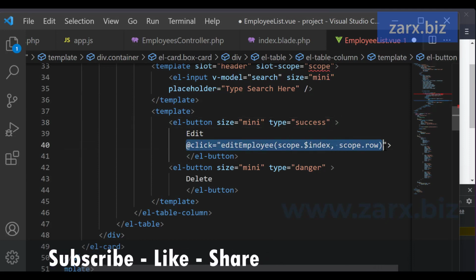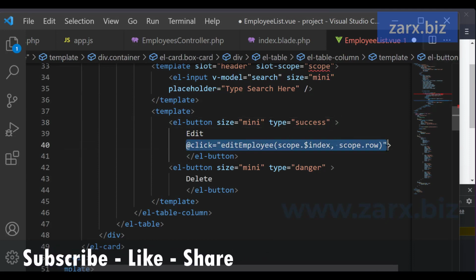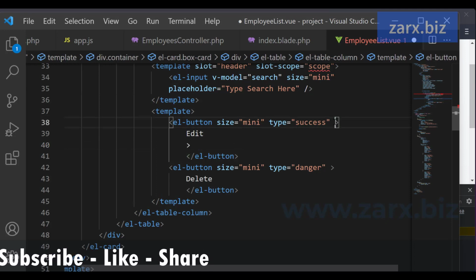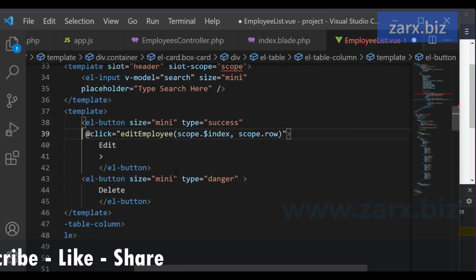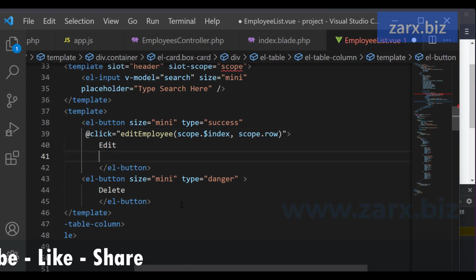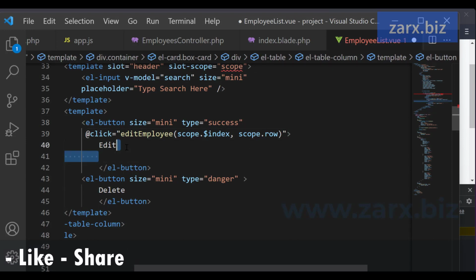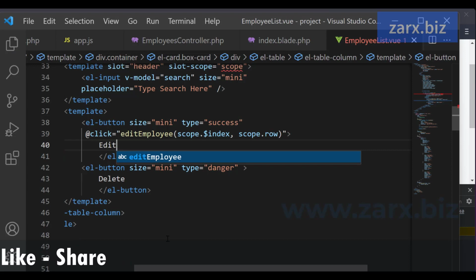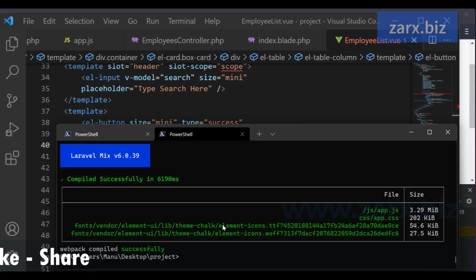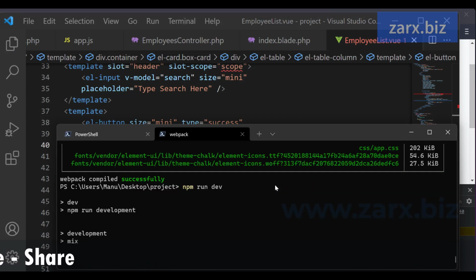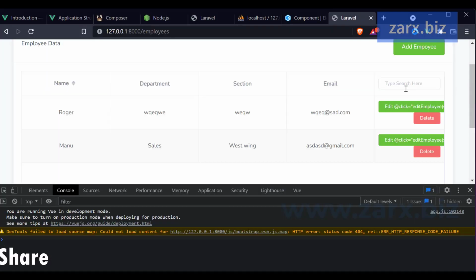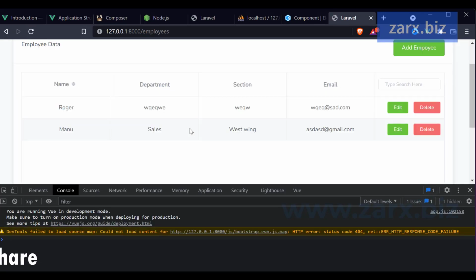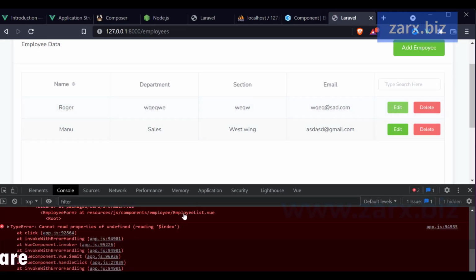Actually, I need to cut it from here and put it here like this, and this goes away. Now we regenerate it, so let's compile it again with npm run dev. Now here, refresh. Now if I click here, we get